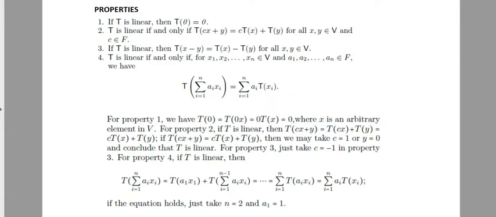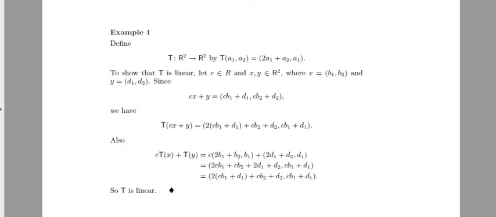So suppose T is linear, then T of summation i equal to 1 to n of ai xi is equal to, break this into two parts, a1 x1 plus the rest of the summation from i equal to 2 to n. So we will get T of a1 x1 plus T of summation i equal to 2 to n of ai xi. Now again break this summation into two parts. We will finally get summation i equal to 1 to n of ai T of xi. Now if we have that this equation holds, we can get that T is linear by taking n equal to 2. Let us see this example, of how we show a mapping is a linear transformation.